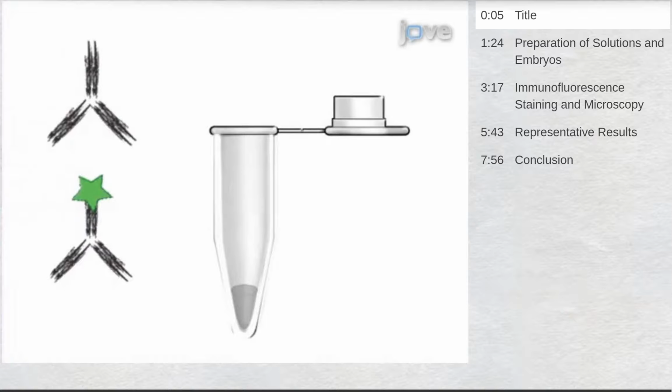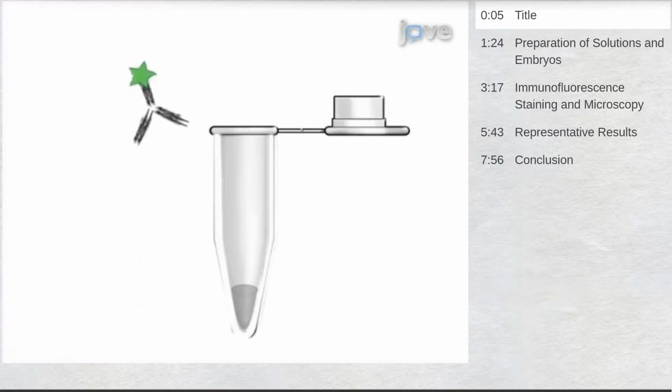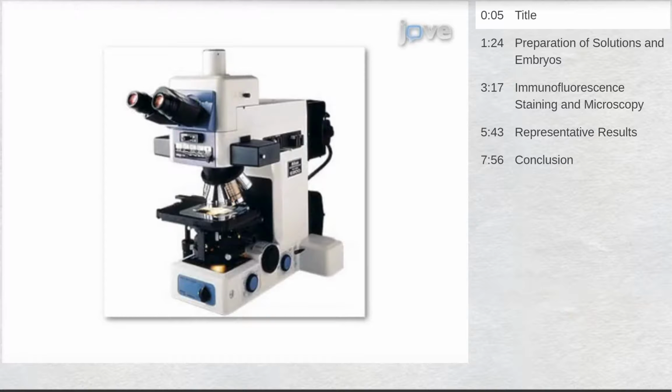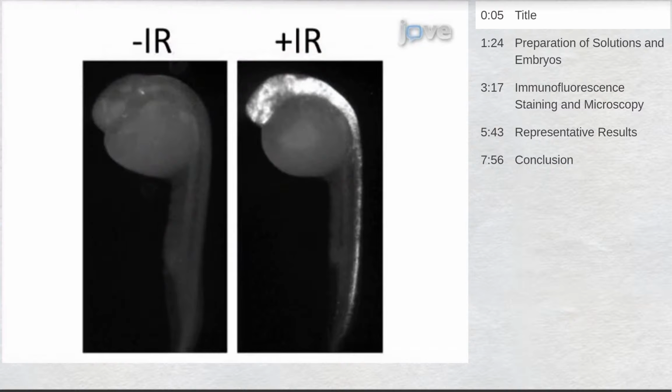Then, the embryos are incubated with rabbit anti-activated caspase-3 antibody, followed by a fluorescently tagged anti-rabbit secondary antibody to fluorescently label apoptotic cells. Finally, the embryos are analyzed by fluorescence microscopy. Ultimately, results can be obtained that show differences in number and location of apoptotic cells between control and treated or